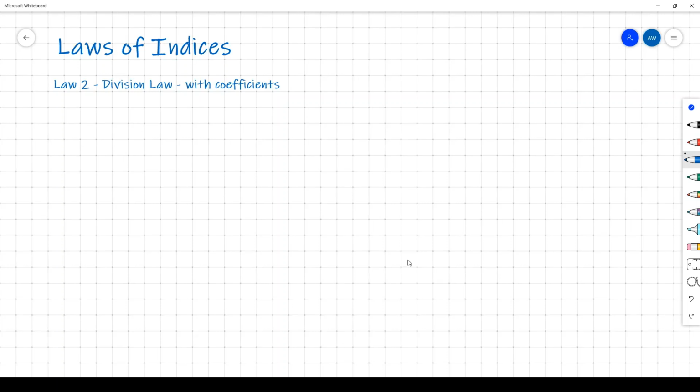Okay, this is the third video in the Laws of Indices series, looking at Law 2, the Division Law, but this time with coefficients. Okay, let's get straight into an example. Example one. So if I asked you to simplify 12x to the power 4 divided by 3x